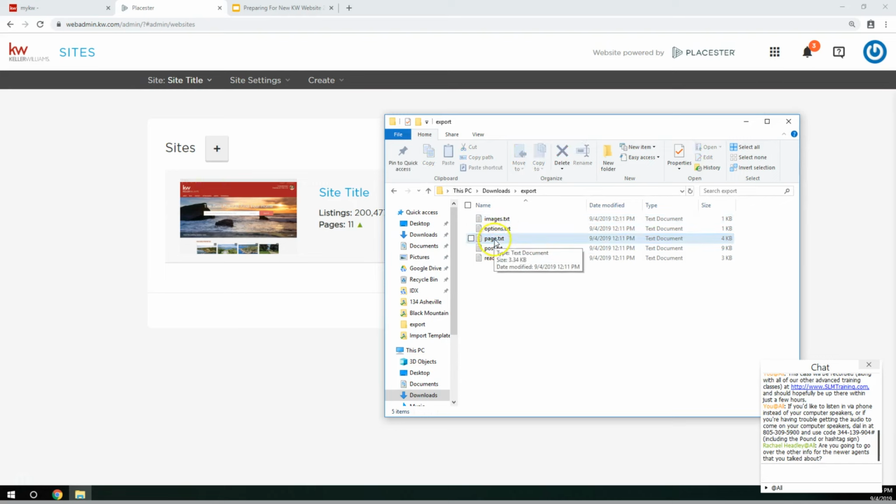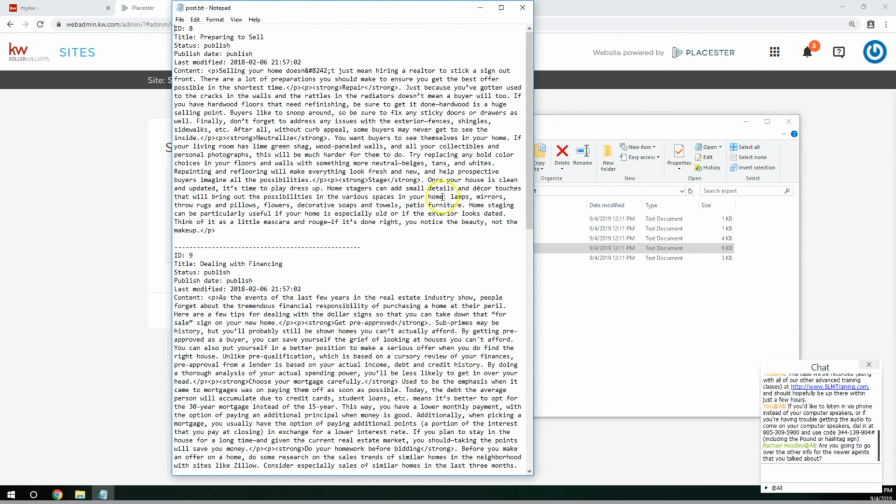Down here in post, this is a separation between pages, which are different than blog posts. Blog posts are like articles in the newspaper. Pages are like billboards, signs that are more or less permanent. So a post here is any blog posts that were created on the site. Now all of these are going to be default ones that came with the site, but they're all going to